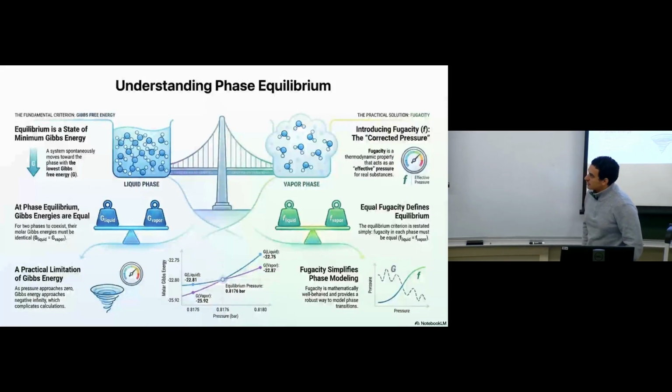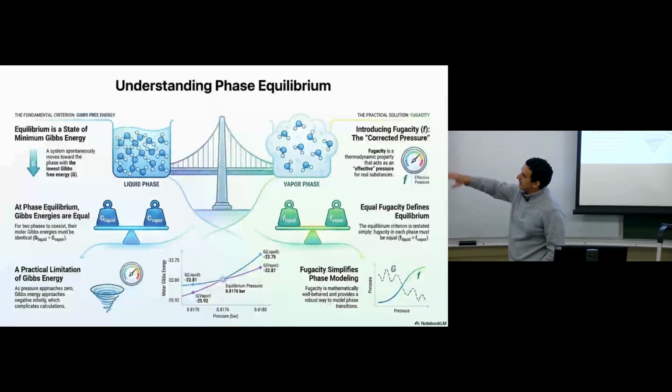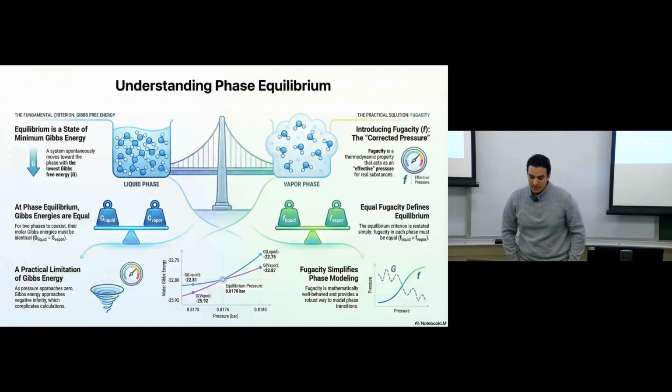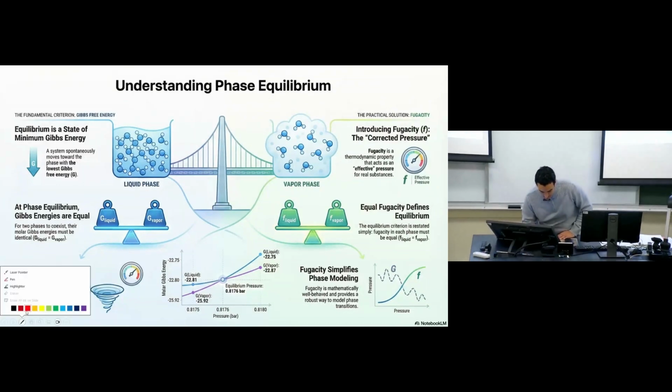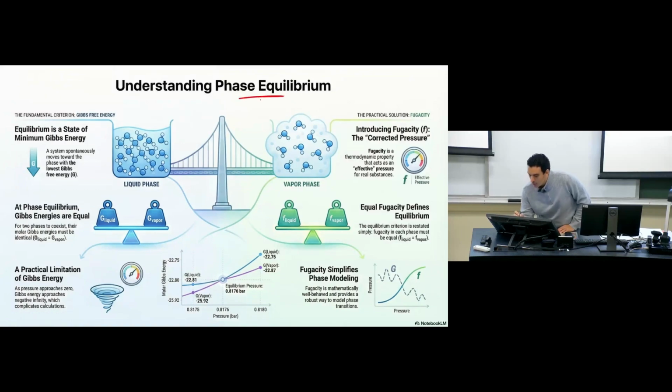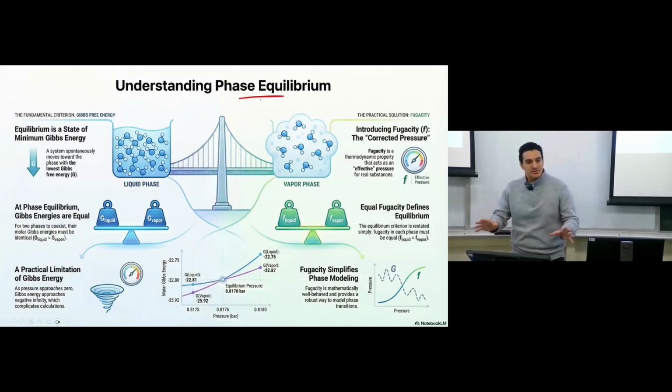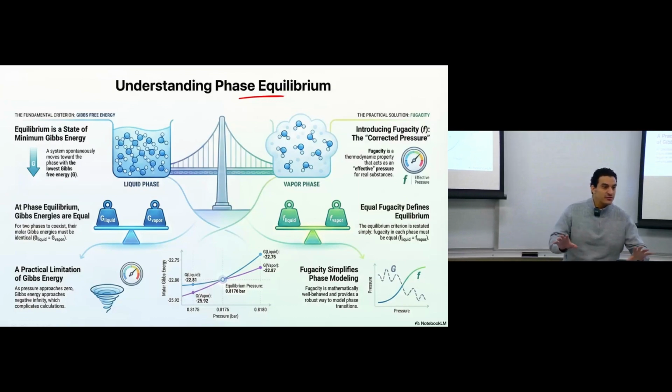So today we'll continue chapter 8. This is the picture explaining the idea of what we are trying to say in this chapter. In this chapter we are trying to explain the criterion for phase equilibrium. Phase equilibrium is the phase transition, the case at which you will see different phases exist at